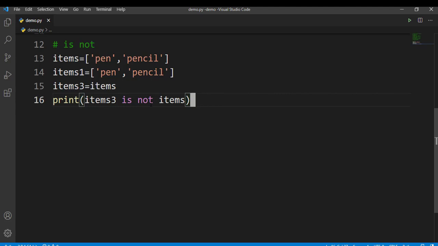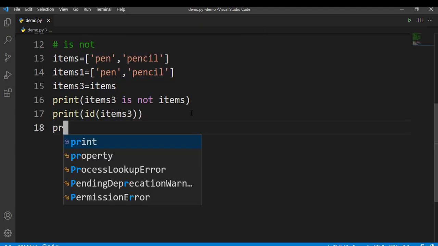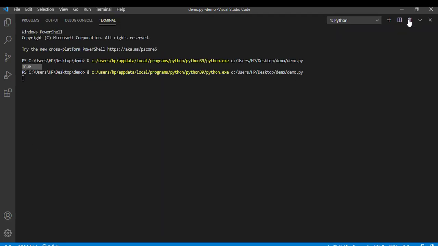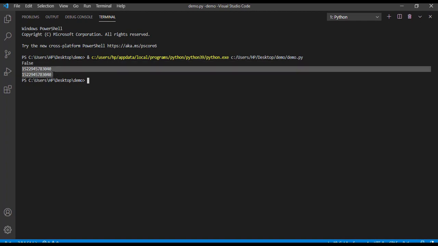If I run this code, I should get false here because these two operands are pointing to the same memory location. So let's also print the IDs of these two. Print id of items3 and print id of items. Now we should get false. We are getting false, and so the two operands are pointing to the same object, but we are getting false because we are making use of the is not operation there.